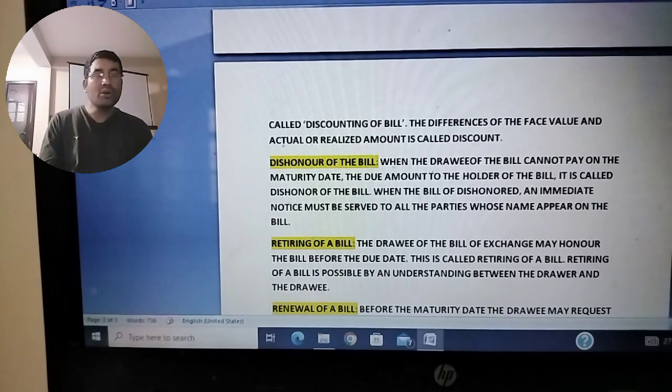Suppose 4th April 2024 is the due date, but on that very day the drawee cannot pay the bill, then the bill is said to be dishonored. So upon dishonor,